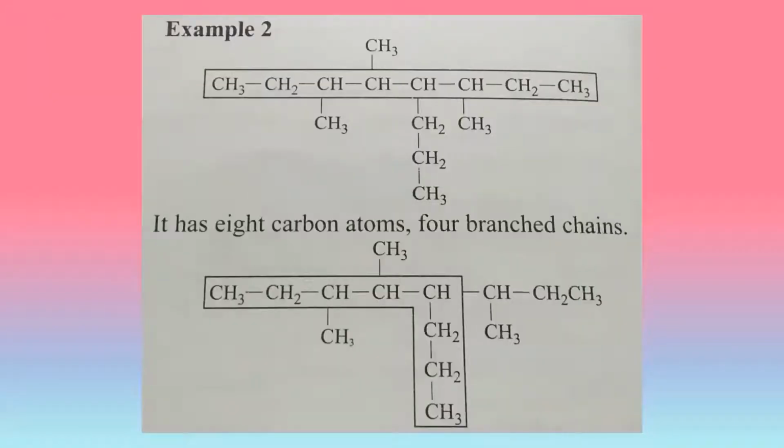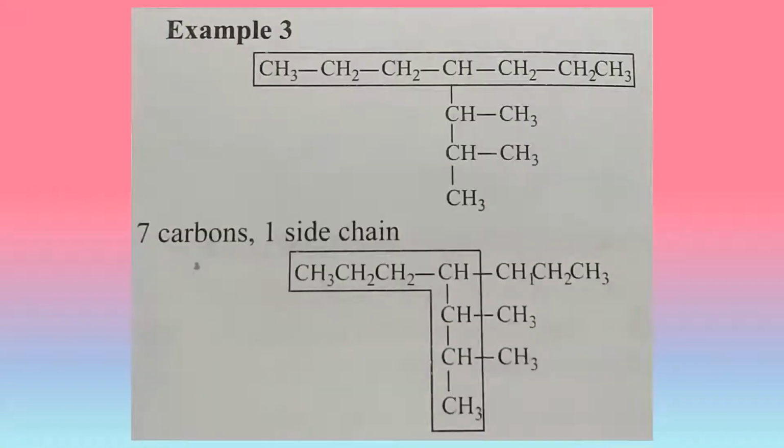Now coming to the second example, in both of them, if you observe, there are 8 carbon atoms present in a row. But in the first one, there are 4 substituents present. That means there are 3 methyl groups and 1 propyl group attached to the carbon atoms. So they have 4 of them. In the second one, there's a secondary butyl group and 2 methyl groups attached to it. That means there are only 3 substituents. Hence, since the first one has more substituents, we select the first one to be our parent chain.